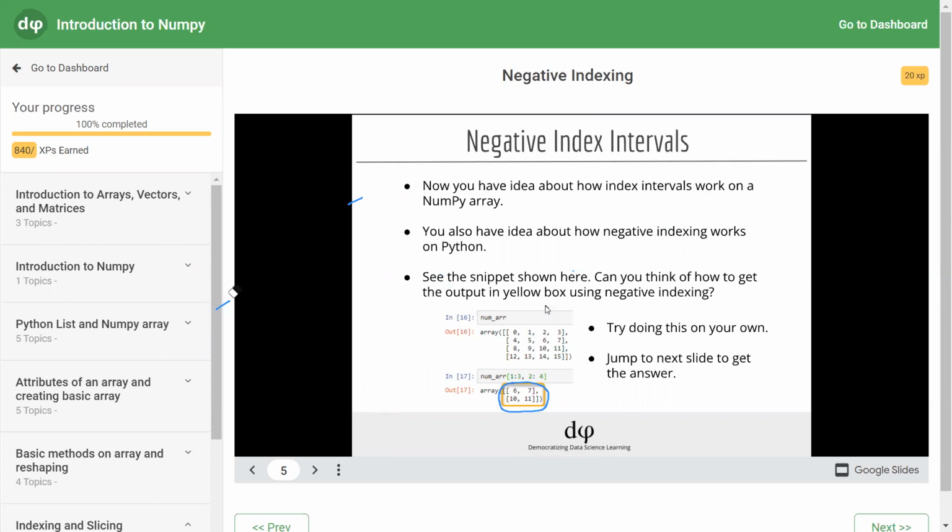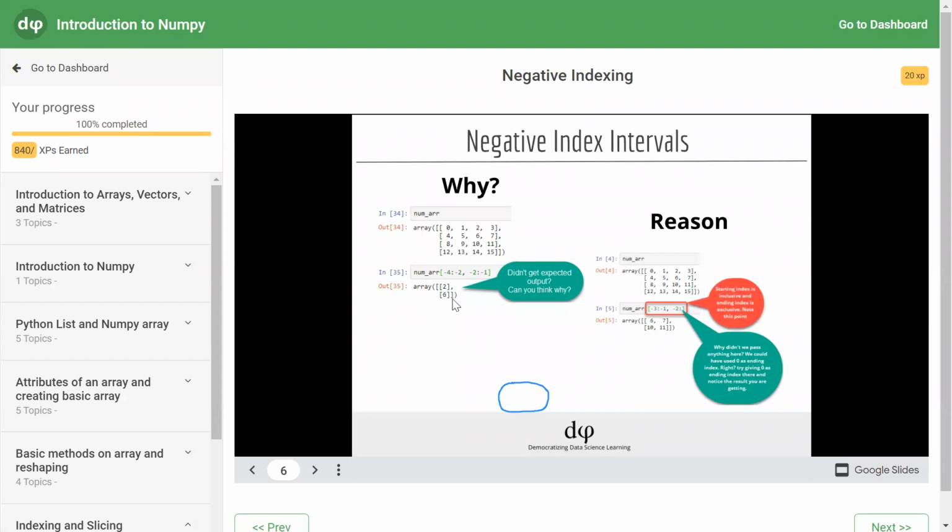So you know how to index and how to access. Now we will cross check. See, -3 to -1. Now here one modification is there. Where did we go? We went -3 to -2. So the last index is excluded. So if you want to exclude the last index, what do we do? We do -1. So here, if you want to get the result -1, you have to give the index 0.